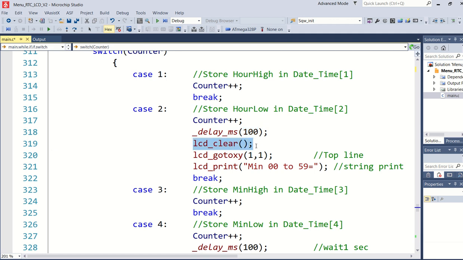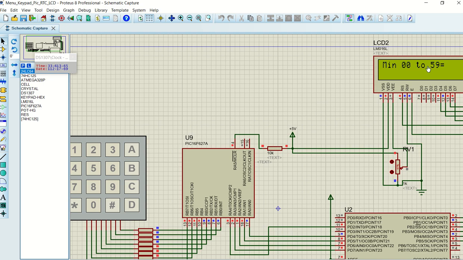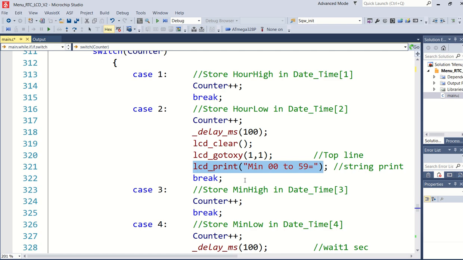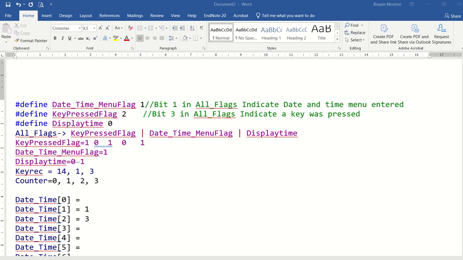Then I'm clearing this, and I go to the top line again, and then print minutes 00 to 59. And this is why we see minutes 00 to 59. So you've actually already got the picture now. Like I've said here, in element number 1, I've stored the high hour, or hour high, hour low. And it's quite logical that I'm going to store the minute high in number 3 and the minute low in number 4.